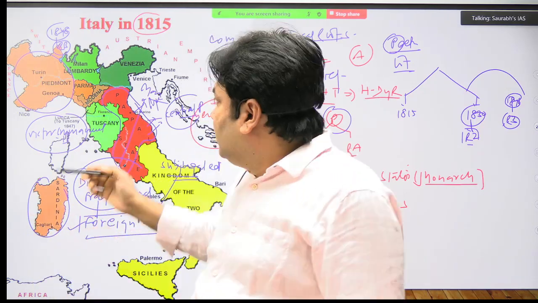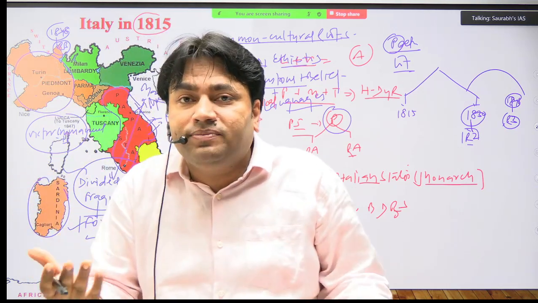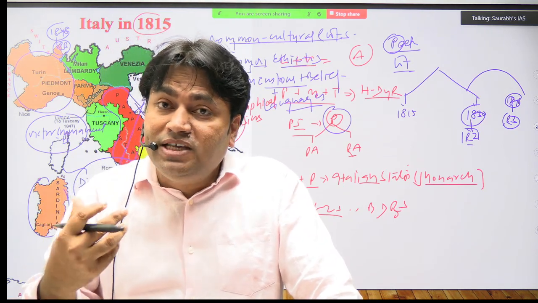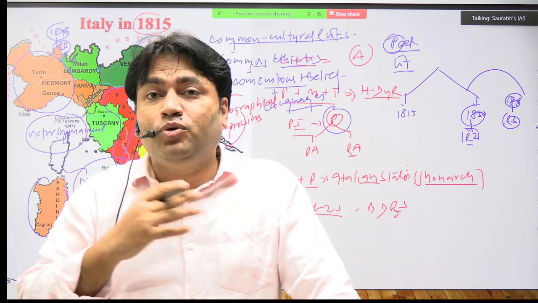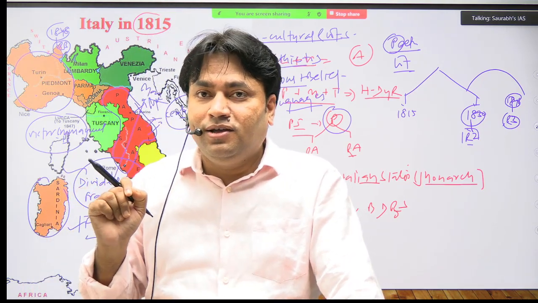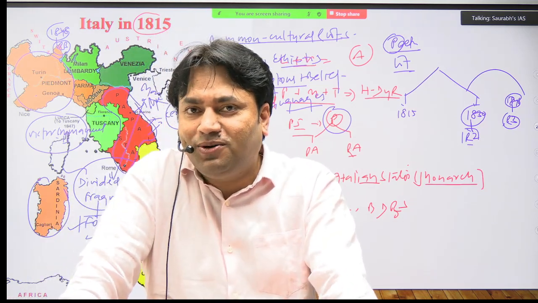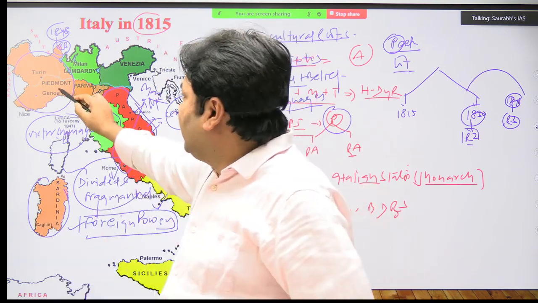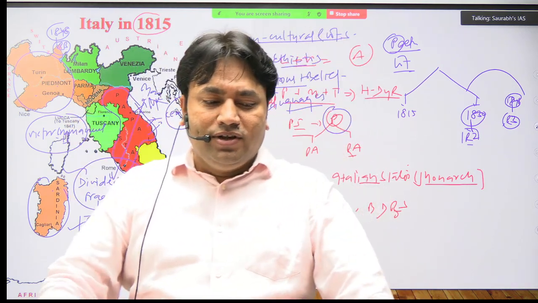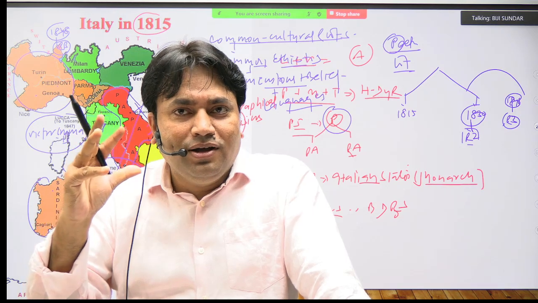After this, the ruler who was a monarch here decided to support this process of unification of Italy. रूलर ने सोचा कि अब मैं इस प्रोसेस को सपोर्ट करूंगा. I will support the process of unification of Italy. Now I will ask you a simple question: why did the ruler support the idea of unification of Italy? What could be the reason behind this? कुछ गेस करो. सार्डिनिया पीडमोंट का रूलर कह रहा है कि मैं यूनिफिकेशन ऑफ इटली के प्रोसेस को सपोर्ट करूंगा. Why will the ruler support it? कुछ सोचो, रिलेट करो.